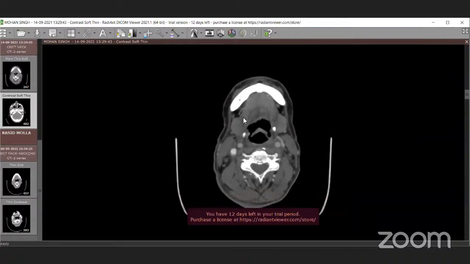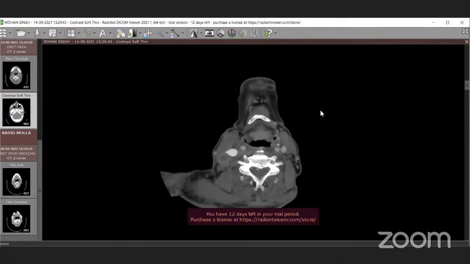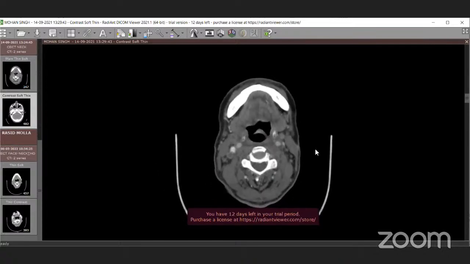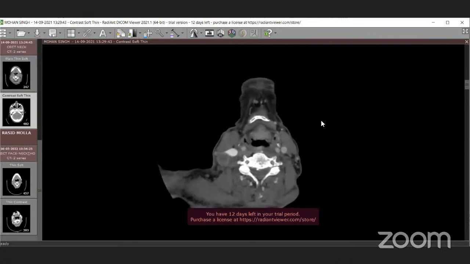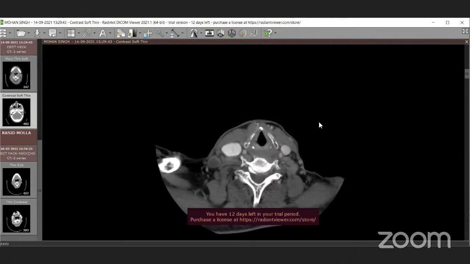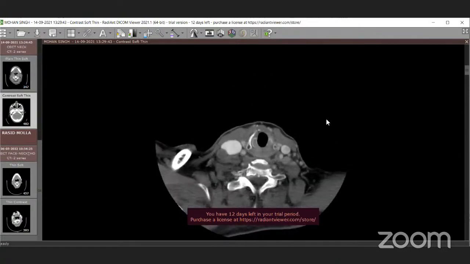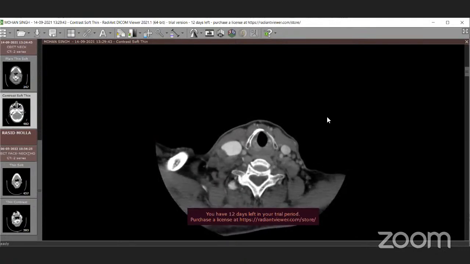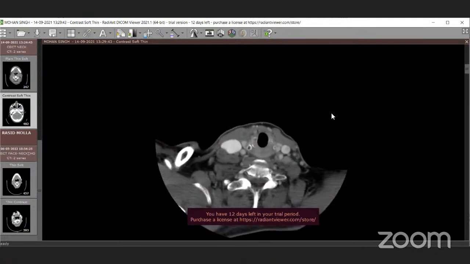So we'll move to level 2 to level 4. There is one tricky structure here in the medial boundary of level 2, that is the scalenus muscle. There are 3 scalenus muscles. Could you please show us? I can only show you the scalenus anterior, which will be your defining structure for differentiating whether it's a level 4 node or a level 5 node.